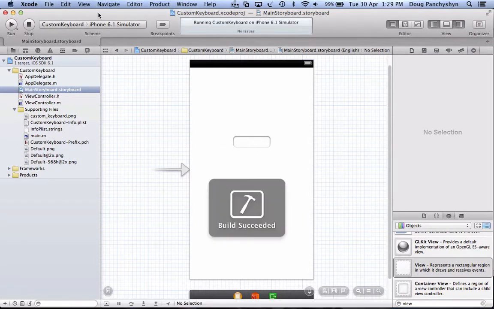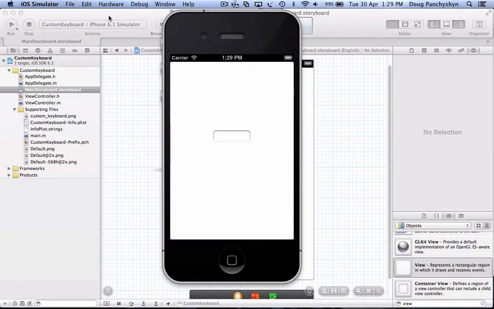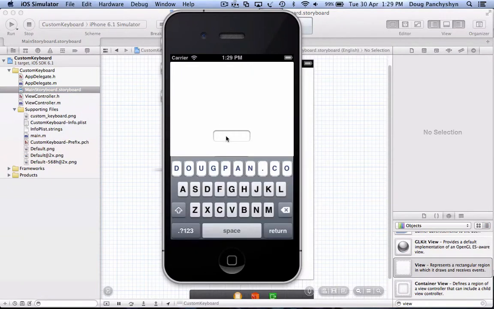I will run this, and then I'll show you how I built it. It's not complete. I just added a few keys, taking a snapshot of the image of the keyboard off an iPhone simulator, but here it goes. And I overlaid some other keys on top of it. So this is the keyboard that's underlying. Of course, it's just an image, but we make it simulate a pop-up, and I can type in